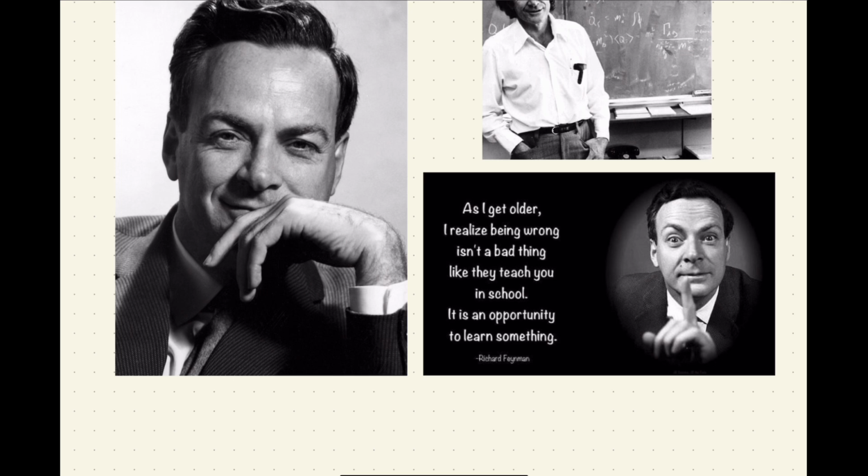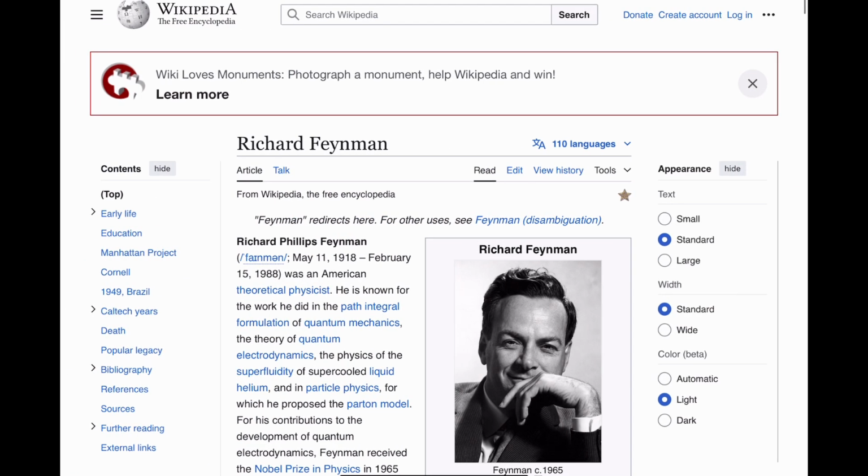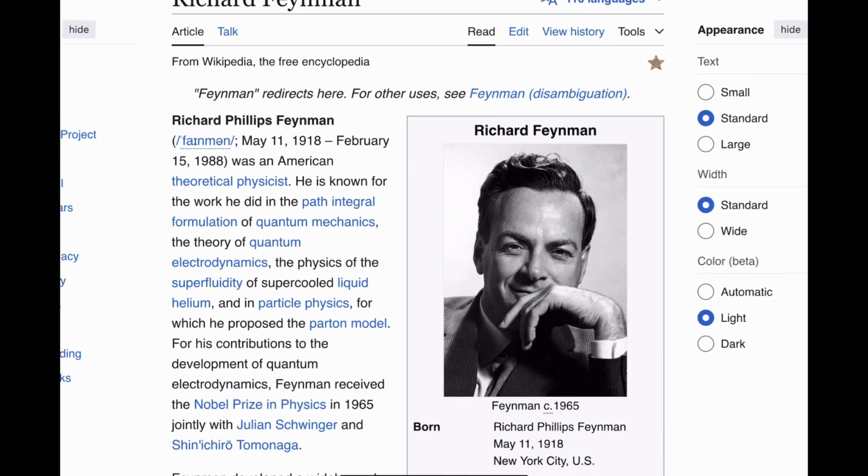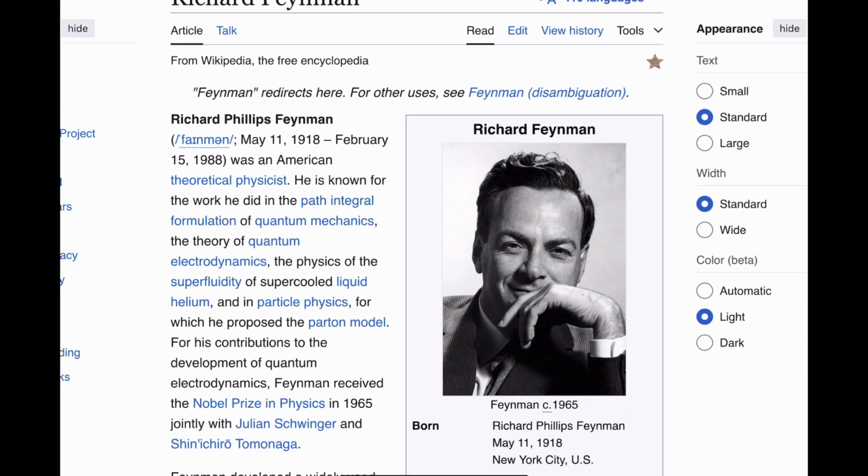I like Richard Feynman. The reason he says this is because he won a Nobel Prize sometime in the 1960s, I believe, and he did some insane work on quantum mechanics, specifically quantum electrodynamics. I actually have his Wikipedia page open here, so let's take a look at it. Richard Feynman, you can see here, is known for the work he did in the path integral formulation of